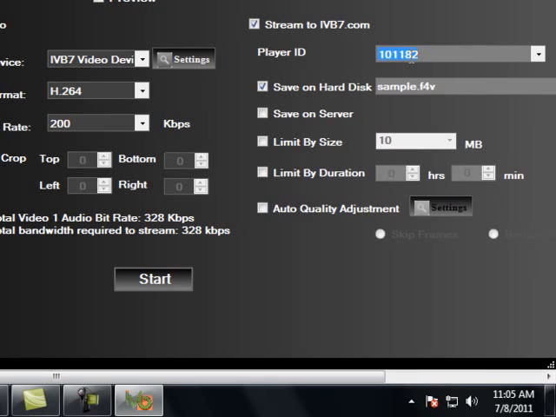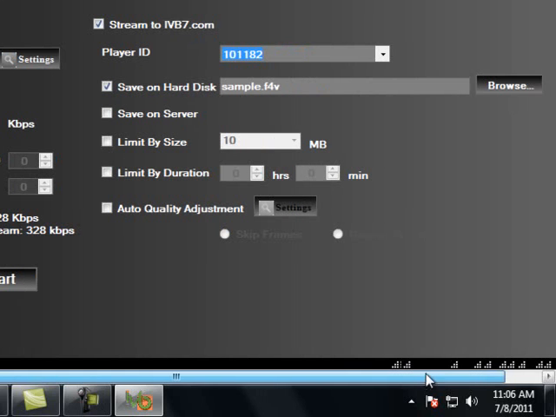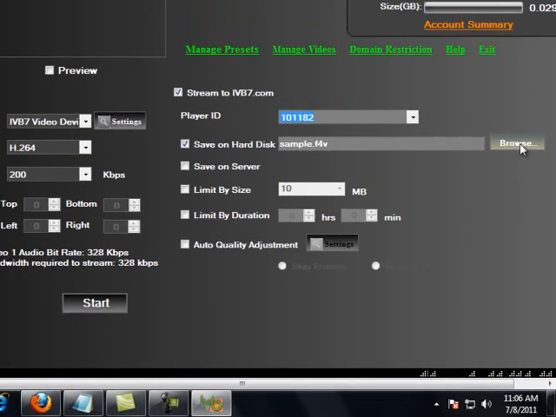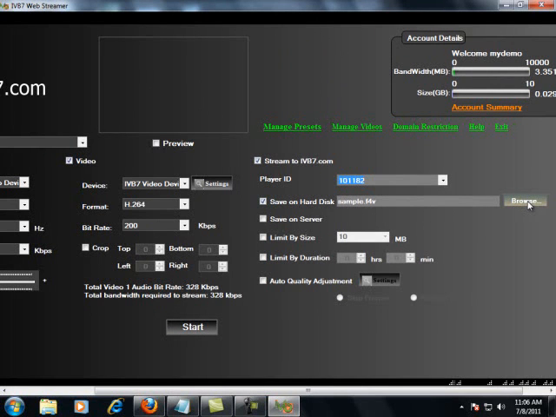So here we have the demo on that. Let us see and watch what's the difference between them. Now this is save on hard disk and save on server. It's just very simple. When you start streaming your videos, if you have enabled the save on hard disk and selected a path to where it has to be stored or given a file location, the streaming videos will be stored on the hard disk, that is your local PC.